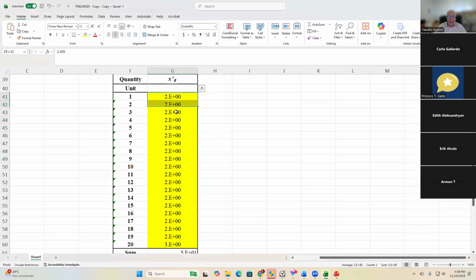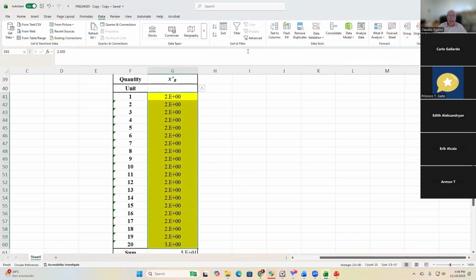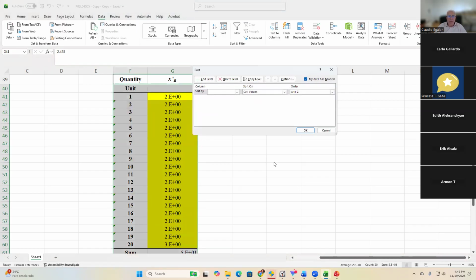Okay. You highlight those values. You go to data, and then we have this function here, sort. Okay. Have this function. And then you go ahead and sort it. And now you have